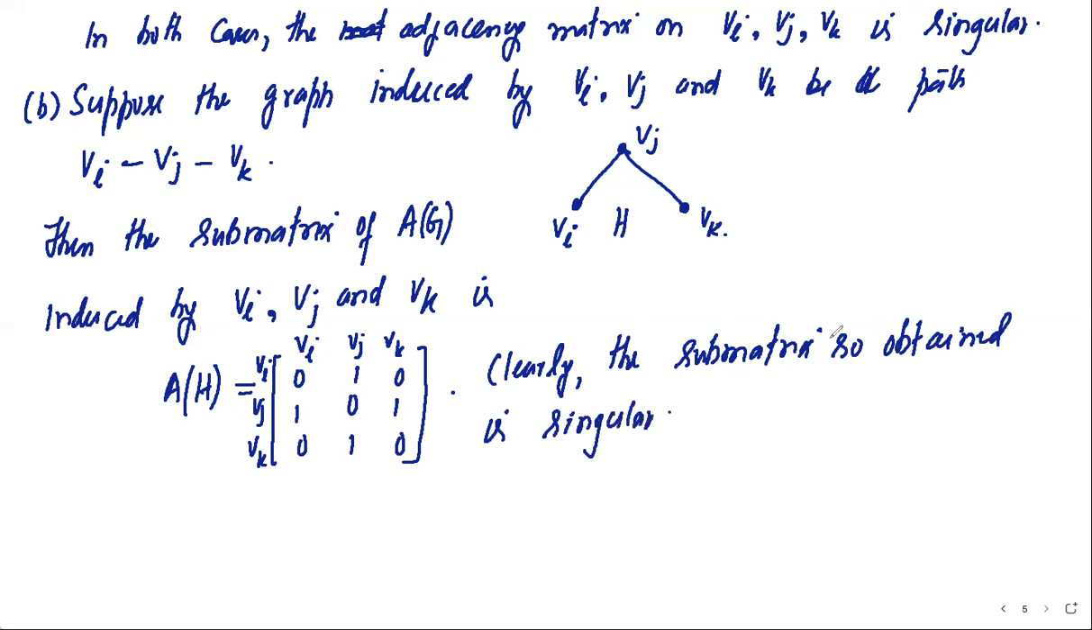So we have taken the first two cases. If the induced subgraph is disconnected, then the 3x3 principal minor is singular. And if it is connected but induces a path, then again the 3x3 principal minor obtained from the adjacency matrix is singular. Now the last case is case number 3. If the induced subgraph is a triangle,